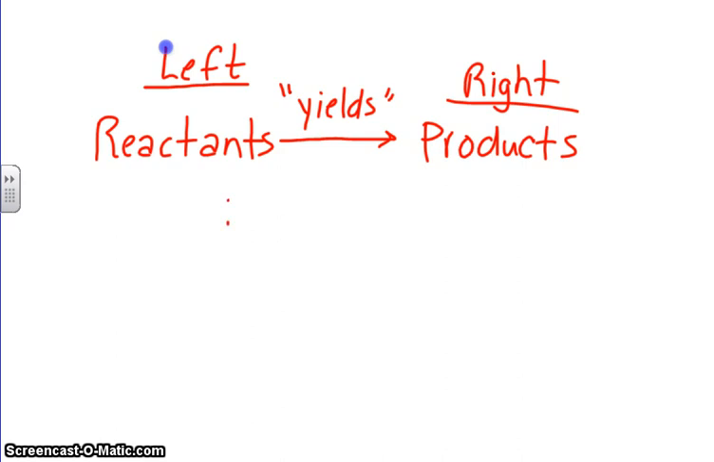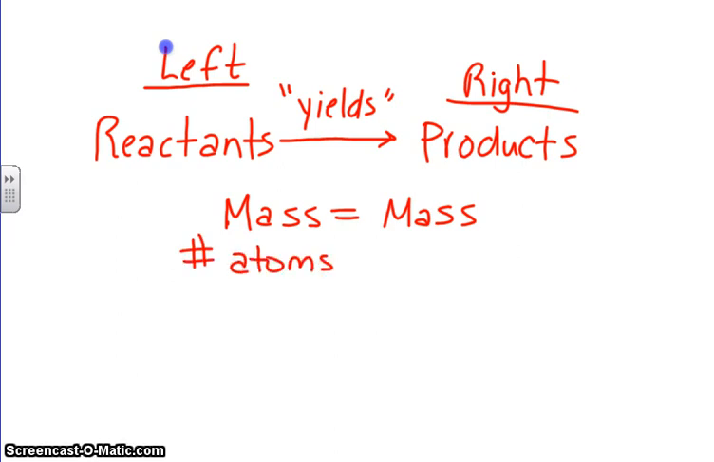The mass in a reaction is equal on both sides of a reaction because mass is conserved, and because of that we know that the number of atoms is equal. This is a review. We know that the number of atoms, each type of atom, has to be equal on both sides of a reaction in order for our mass to be correct. So,